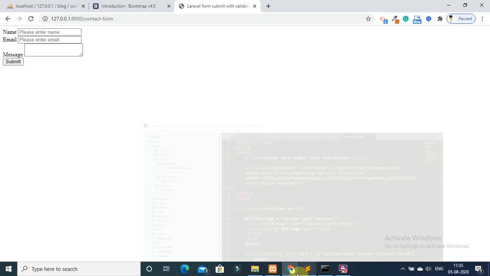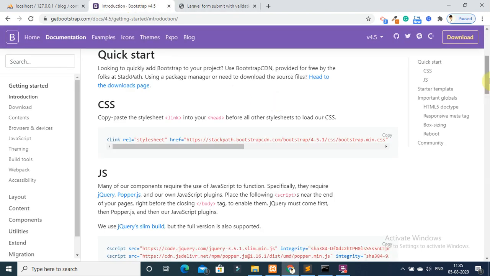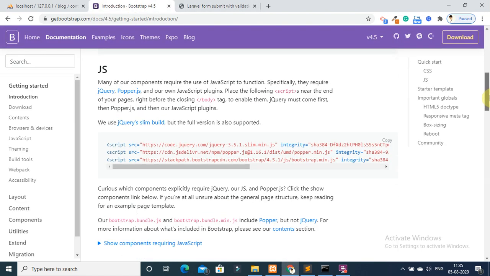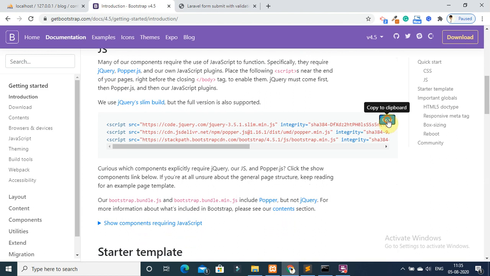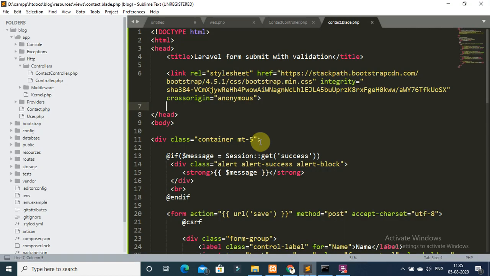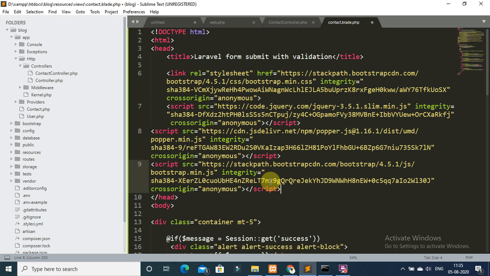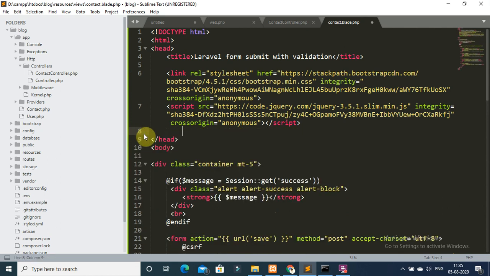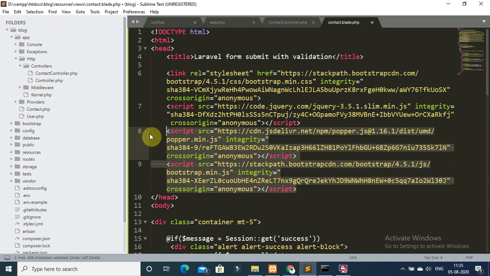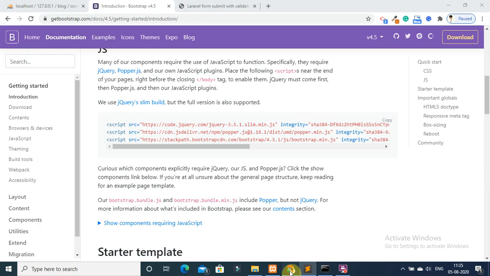And go again to getbootstrap.org and copy the following script and add this. And save this file and refresh your browser again.